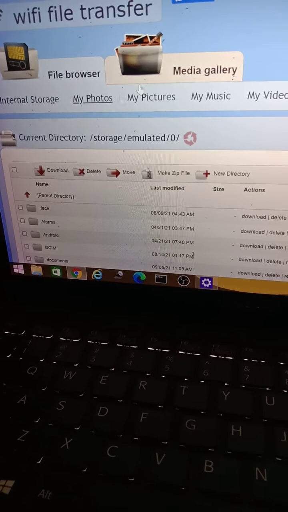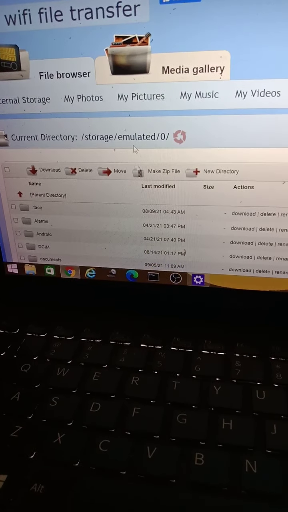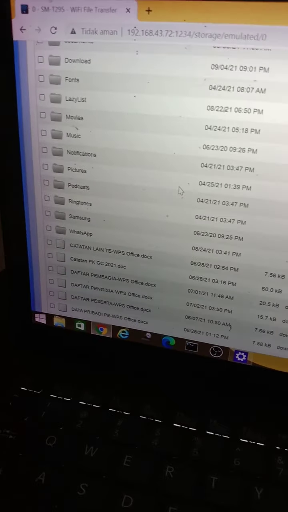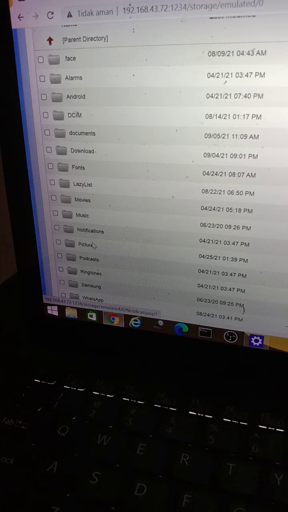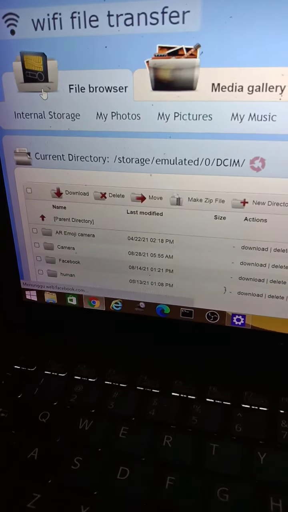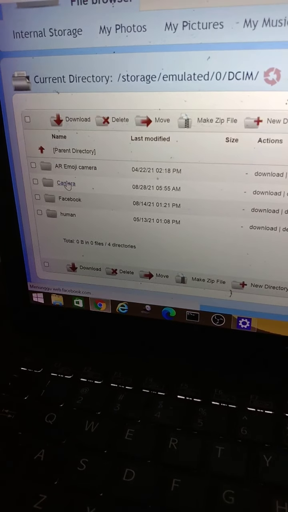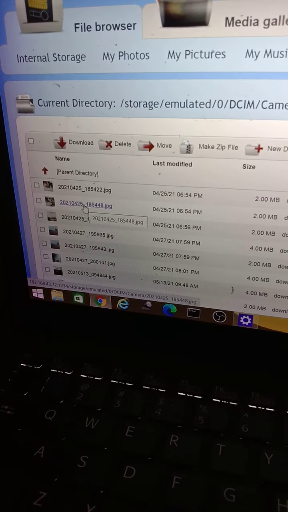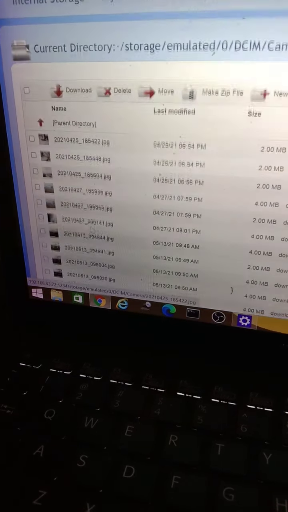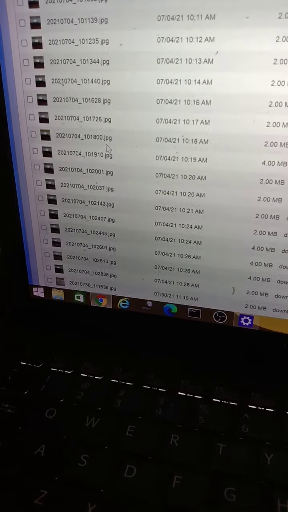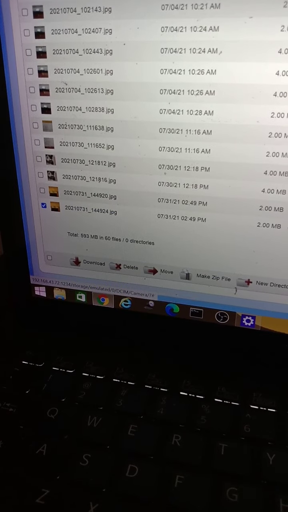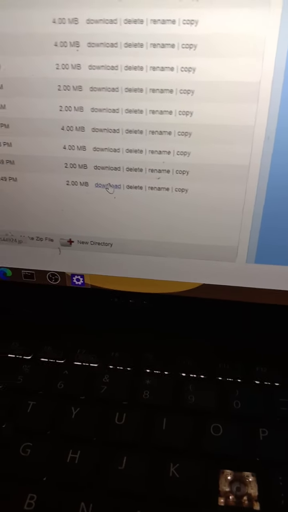At the HTML page on your Android phone, you can go to this SIM, and then you can copy your camera file or movies at the bottom, and then the pictures in the upper place. So for instance, like this, you can copy this, you can click download to download